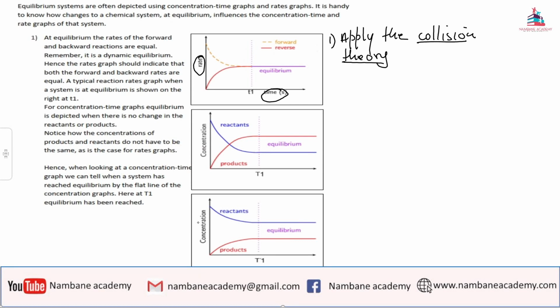So for these graphs, the idea is we are going to look into concentration and we are going to look into temperature. One will say, I want us to include pressure, but I don't want to include it under